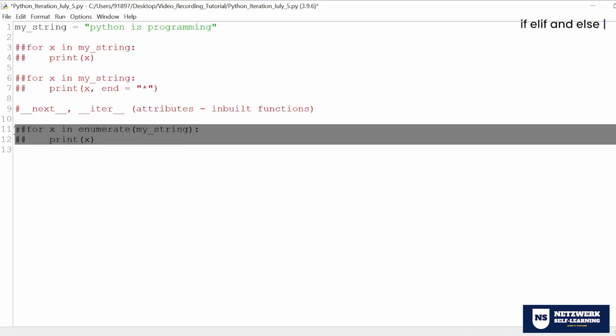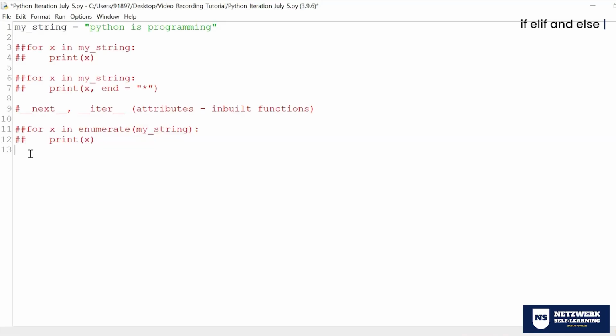Now let me teach you to have some sort of condition in a for loop. First we'll see the condition of for loop, and next we'll see the condition in enumerated for loop. Okay, so now instead of me writing a direct print, I'm going to write some condition. If